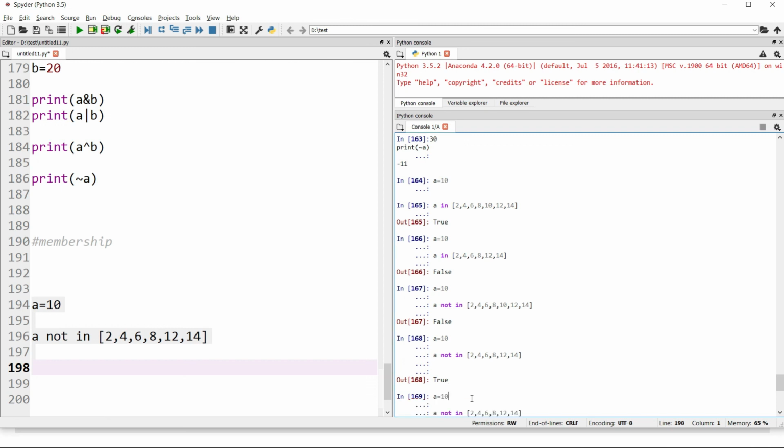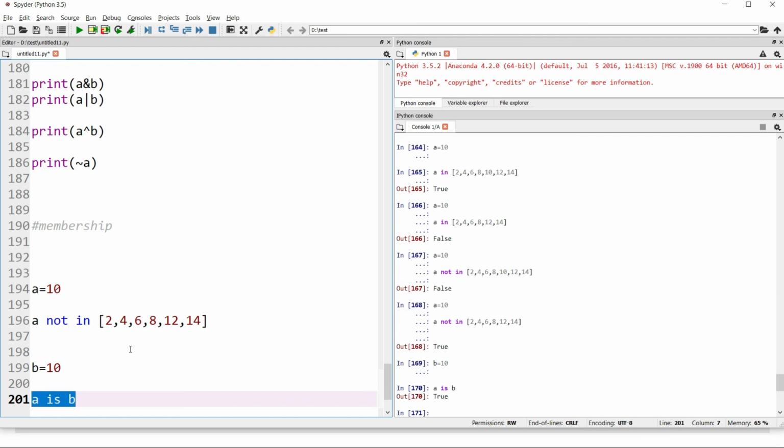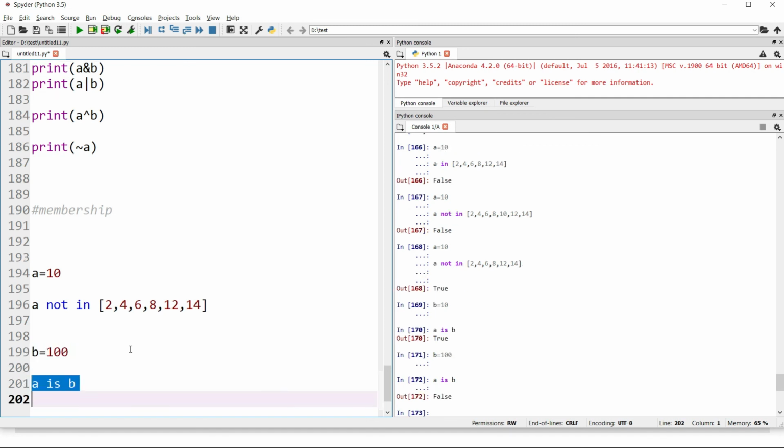Similarly, if I want to check the is operator, I have another variable b equal to 10, and I'm checking a is b. Both the values are equal, so it says true. For example, if I make b as 100 and now I check a is b, it says false.